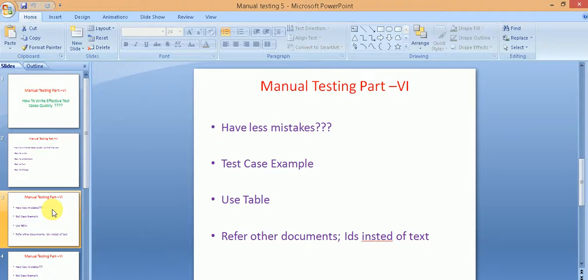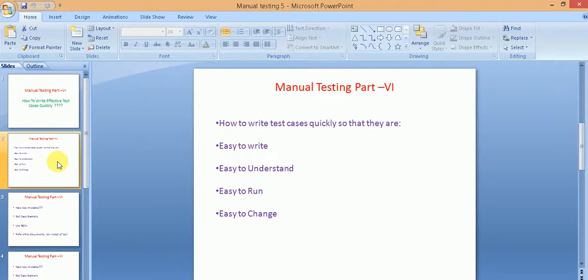using tables in the test case so that you spend your effort and your intelligence in designing the different tests, not in the actual typing of the text. Typing of the text is not a very beneficial activity. You'd better spend the same time and your intellectual capabilities in designing the different interesting tests that are likely to throw up bugs in the application.